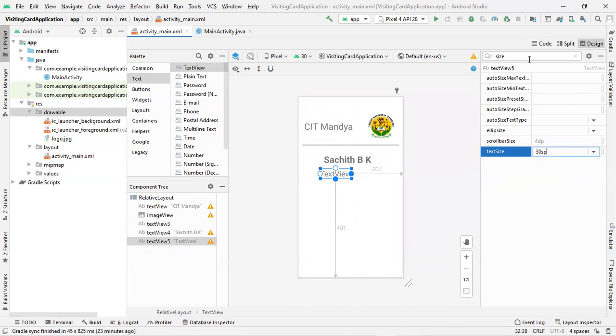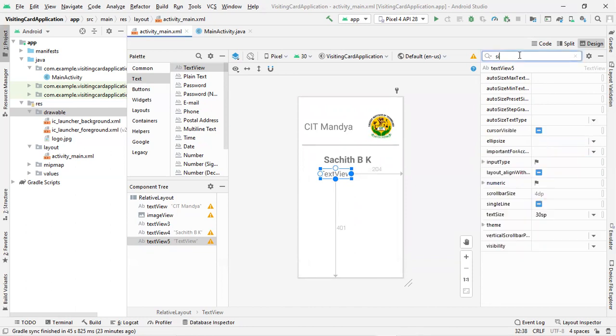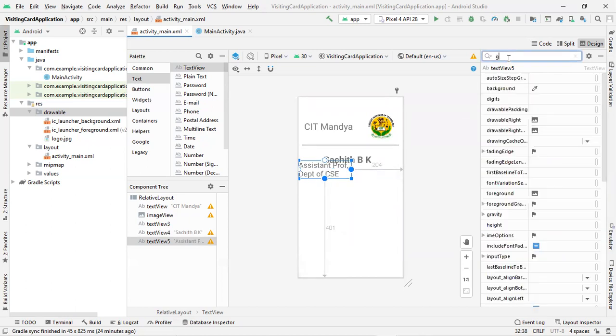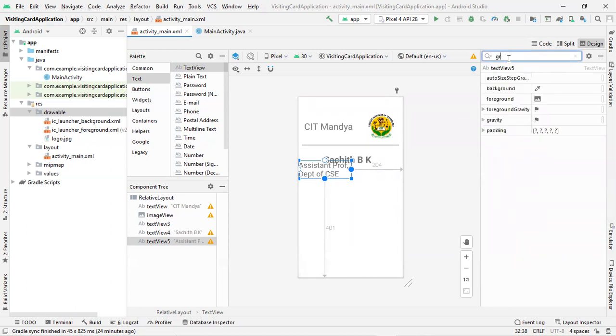Then go to text. Let's name it as assistant professor, department of CSE. Then next we need to center align it.